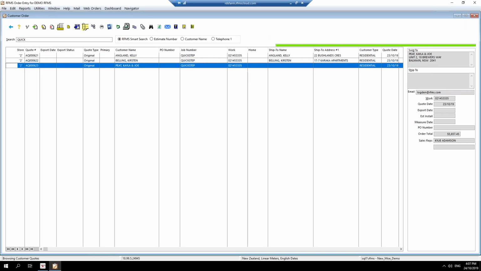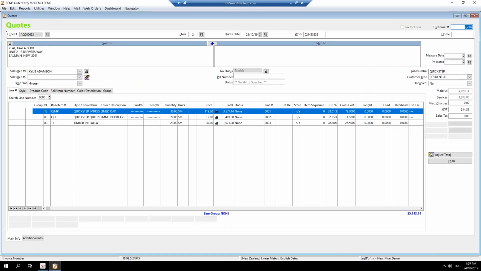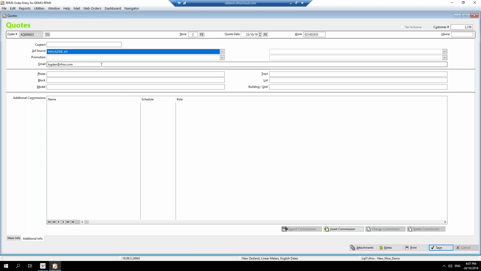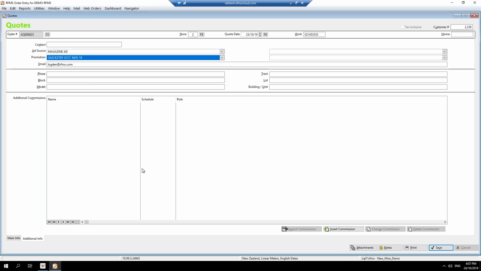Lucky last, bottom left, additional info. I'm going to make this ad source a magazine ad, but I'm going to keep it at quick step. These fields are going to be relevant to your shop. The options are going to be relevant to your area. It might be that you're already using one of these fields to collect information on your quotes or your